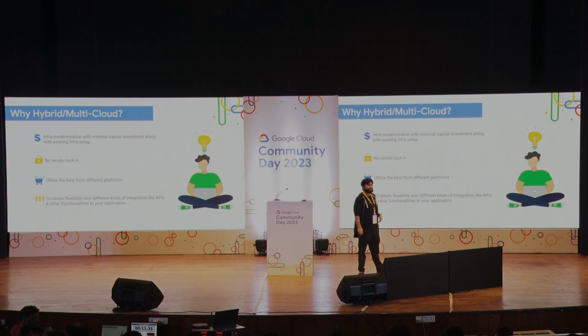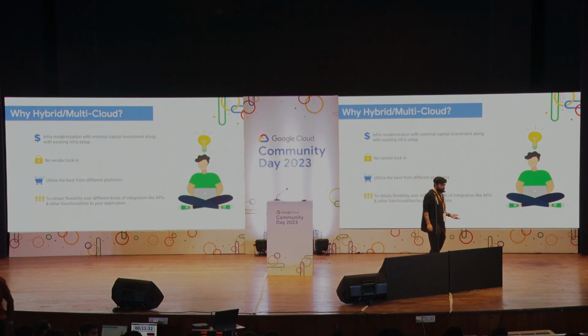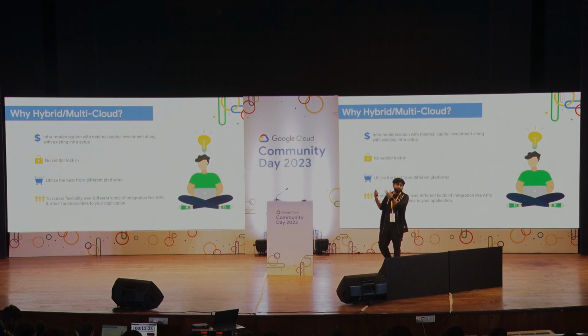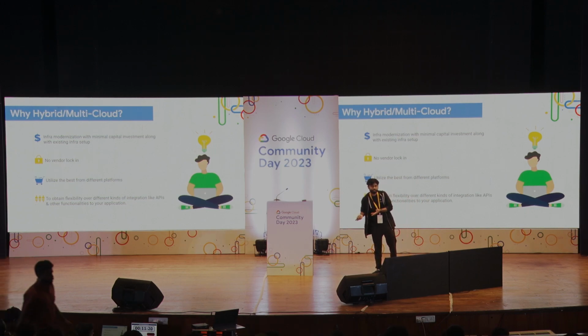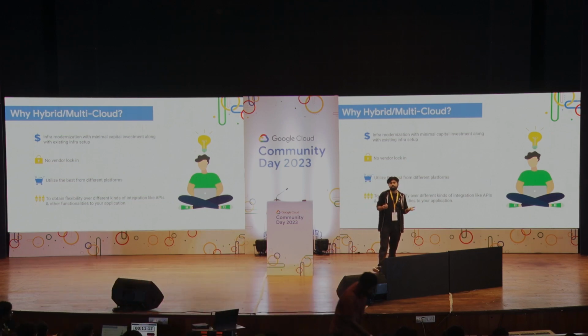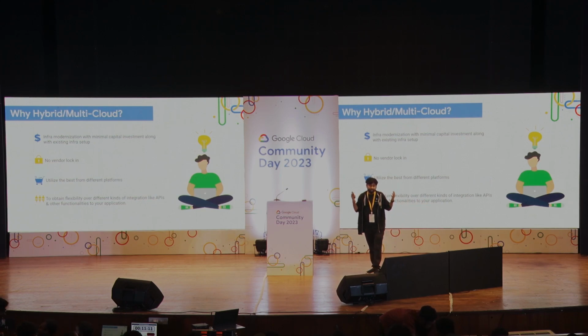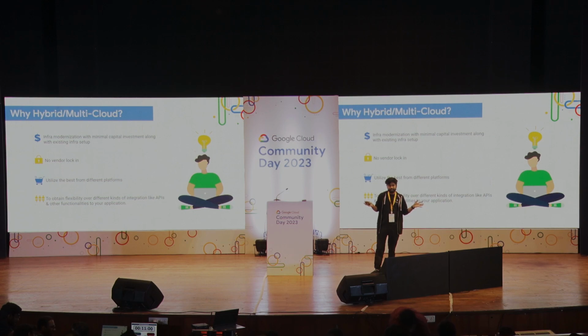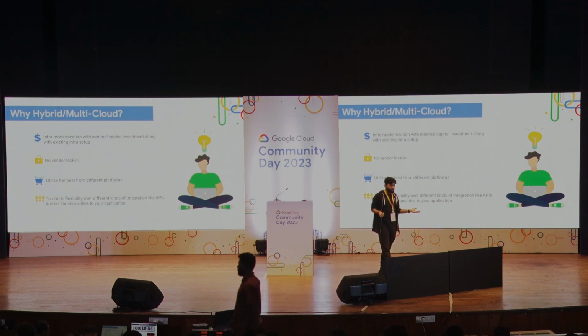Most of the time, when we work on any specific platform, we get locked in with that particular platform. We can't go beyond that. If I want to utilize special services from different cloud platforms, I need to use different platforms, right? Let's suppose if I want cheap solutions, I directly go for AWS. If I want AI/ML solutions or GKE or big data solutions, I go for Google Cloud, right? Every cloud provider has their own specialty. And if I want to use those specialties in one place, I have to use this kind of architecture called hybrid or multi-cloud. It will also help you avoid vendor lock-in.